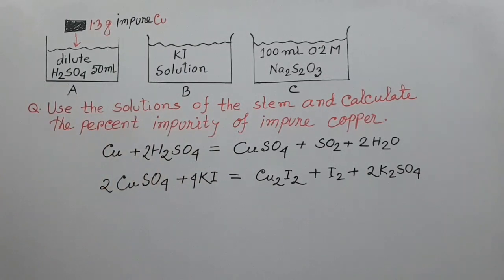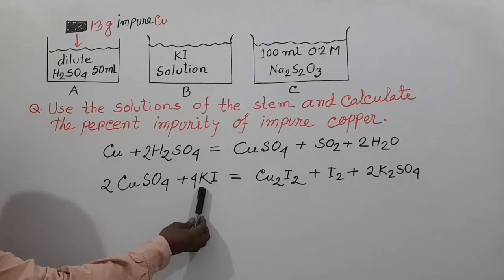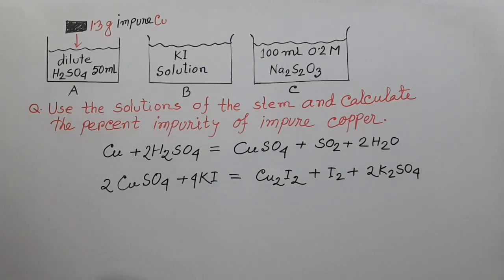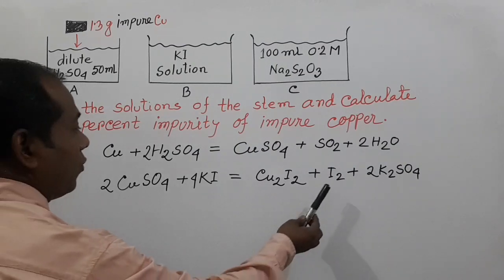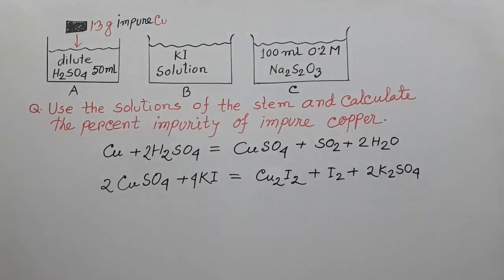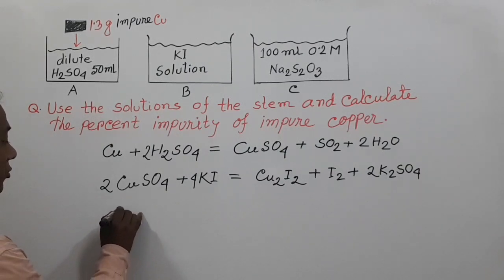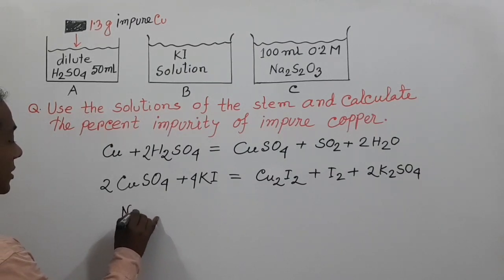Dear students, in this reaction we see that by the reaction of potassium iodide with copper sulfate, it produces 1 mole iodine. That means 1 mole iodine is liberated from this reaction, and this liberated iodine reacts with standard